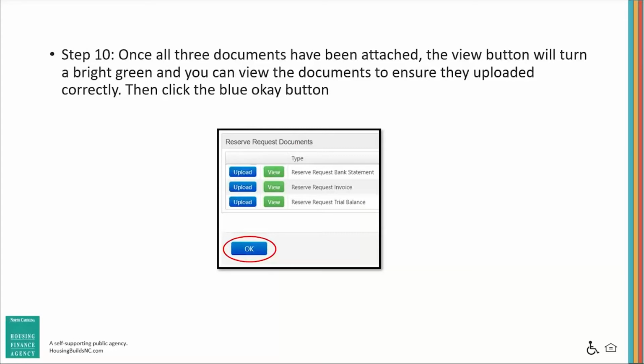You'll know that everything is attached because these view buttons will turn bright green, and you can click on them to ensure that the documents were uploaded correctly and that the correct document was uploaded under the correct line item. So once you hit the OK button,